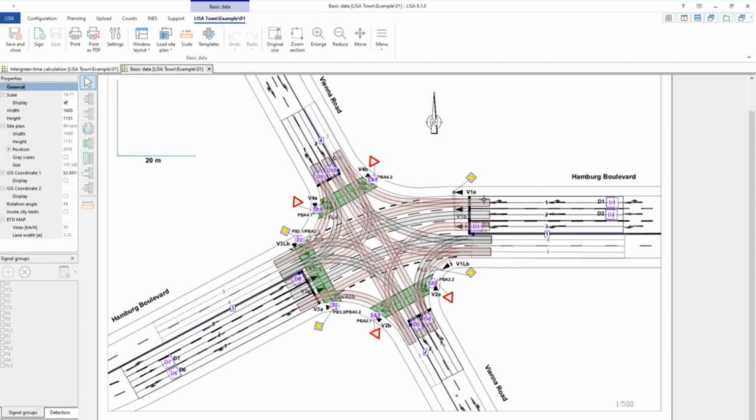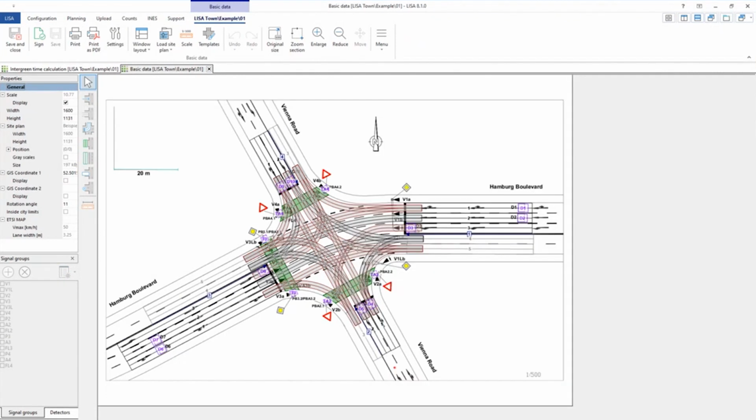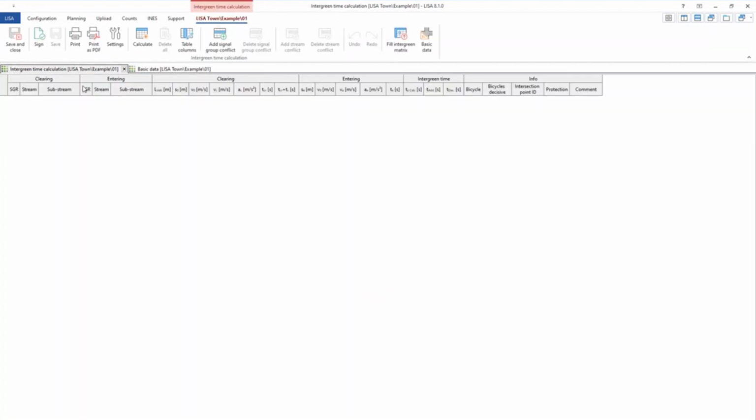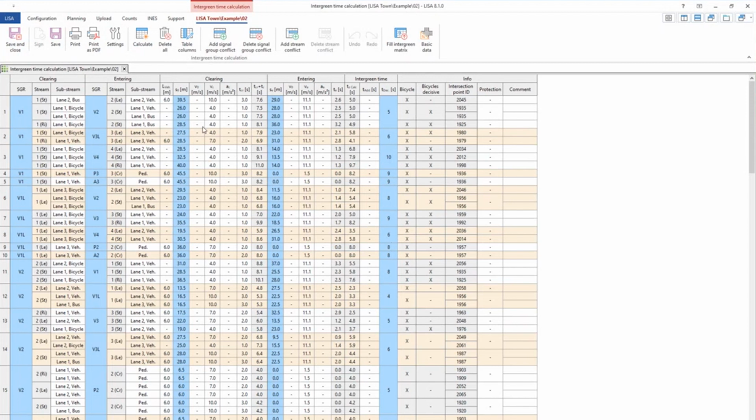You will have conflict between signal groups, for example, V1 and V4. This is a signal group conflict. Then you have a stream conflict, which maybe first I calculate, and then we show it. So to calculate, as we saw, I just have to click calculate here. And then I go back to the theory of what I meant. Once I did start, based on the geometry that we have provided in LISA, the intergreen time has been calculated